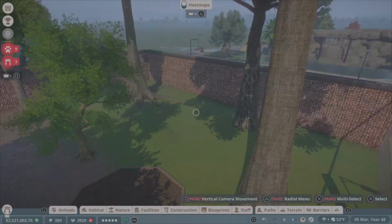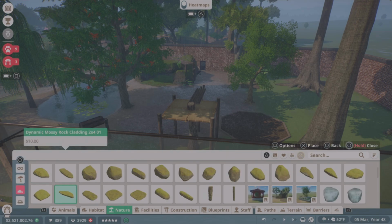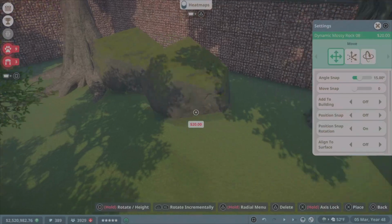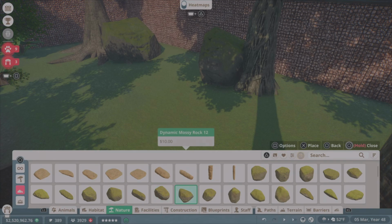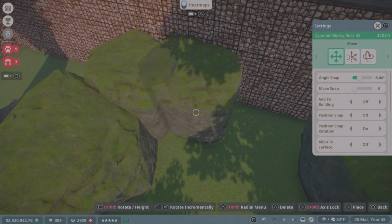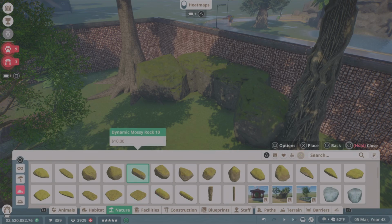And then, so what I'm thinking is we'll go over to nature, and we'll go over to rocks. And we'll go ahead and still use our dynamic mossy rocks to build another hard shelter. Just something like this in between the two trees. Nothing crazy, you know. Trying to just build a fairly simple hard shelter. No one's ever going to be able to see this backside, so I'm not too worried about it. Sticks through a little bit, it's fine. Because I'll probably just use that for the